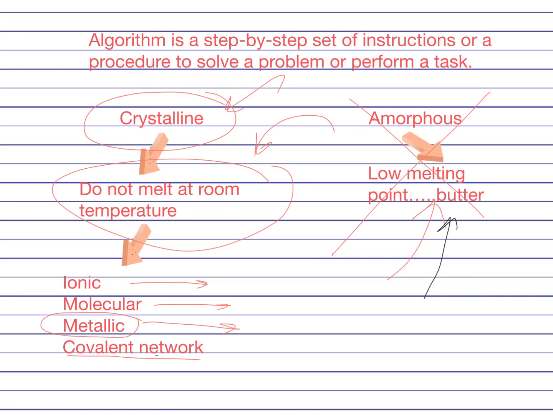What is the difference between butter, a solid melting at room temperature, and a plastic that is elastic? The arrangement of the particles. Now, what is the characteristic that you're going to observe in a solid that is elastic? That elasticity is going to tell you that you don't have a crystalline solid. In that case, it's not going to be the melting point, it's going to be